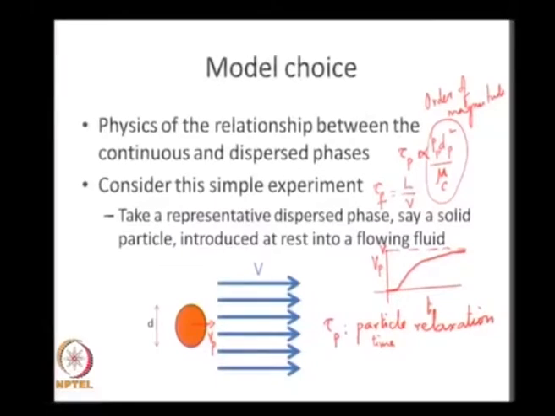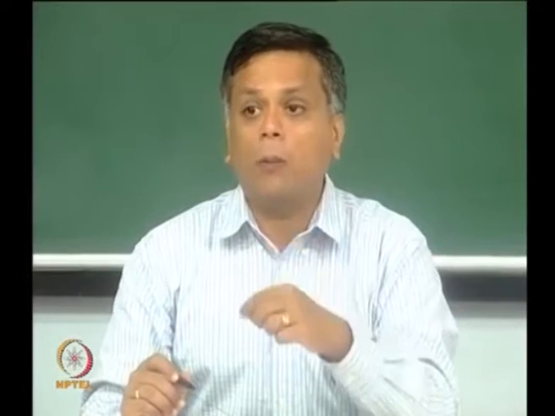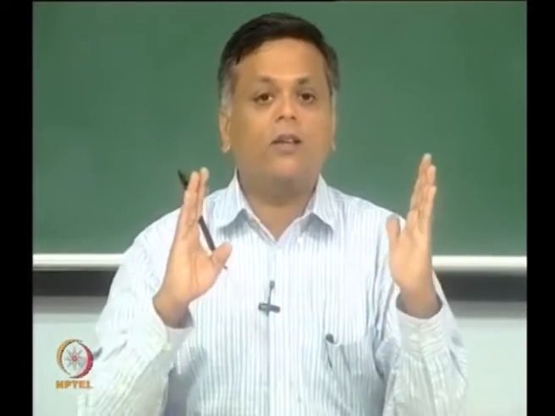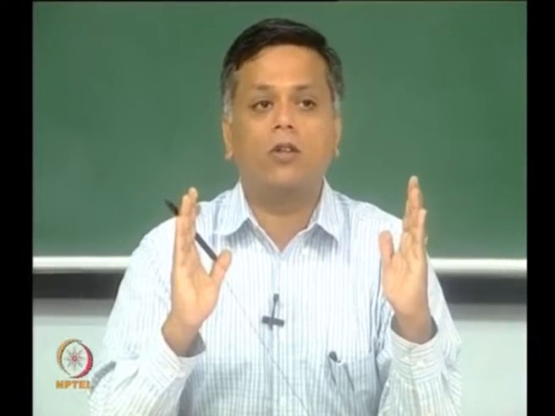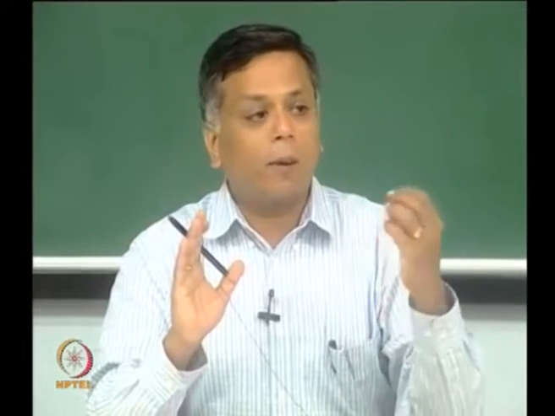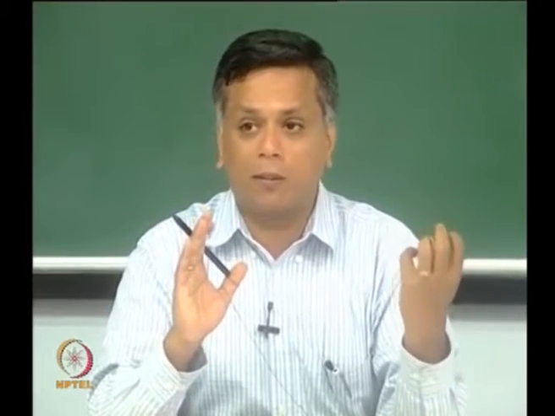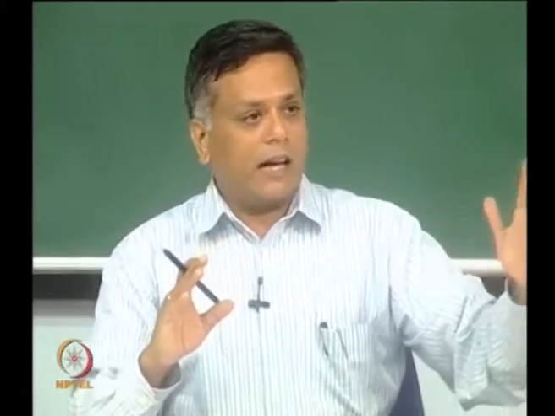Okay, and if the particle relaxation time is comparable to the residence time itself or greater than the residence time, then within the duration of time that the continuous phase resides inside the pipe, the dispersed phase, which has my bubbles, will never reach local equilibrium, locally homogeneous flow condition,